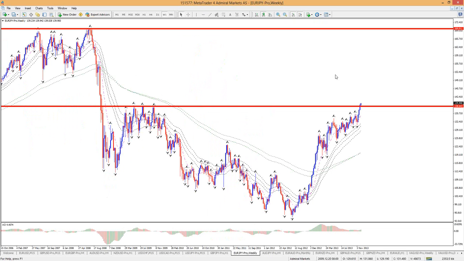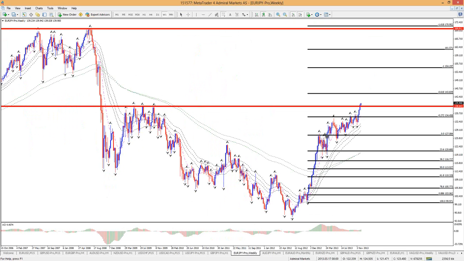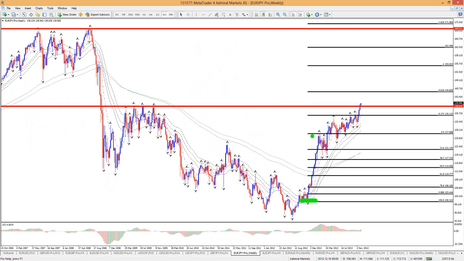That does not necessarily mean, of course, we'll fly up to 170. We will now be hunting for fib targets. So what is the next fib target? You can see if we put a fib on from here to here, that we stopped at 23.6, almost 38.2. We hit the minus 272 target and stalled. The next target, minus 618. Where is the minus 618? At 144.60. So that's the next target on the euro yen, 144.60.